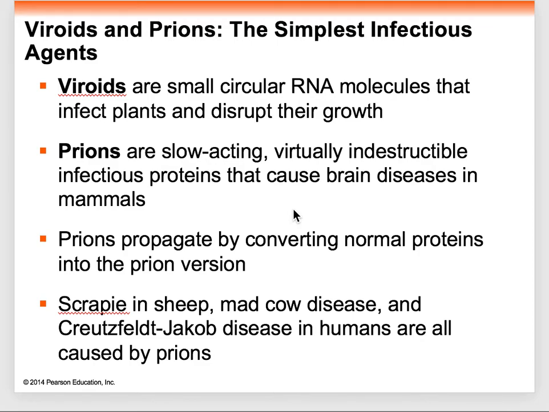Now, what prions do is they direct normal proteins and convert them into this misfolded protein, which is the prion, and they start boring holes into the brain, and your brain ends up looking like a sponge. With some of these diseases, it can take 6 months, it could take a year. They're not as quick as some of the other viruses, but they're not as slow as some of the other